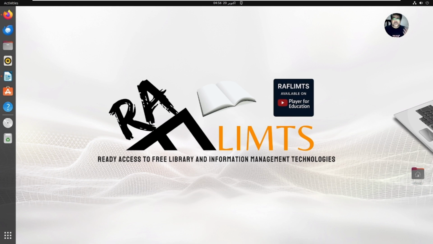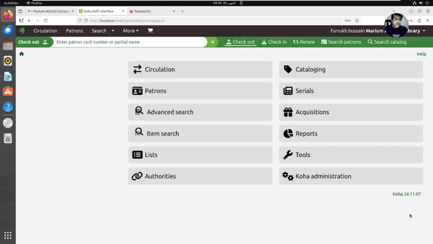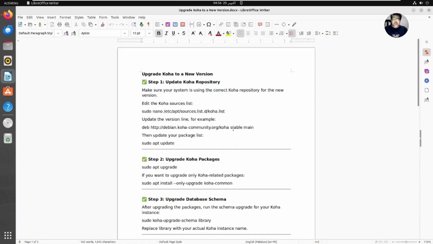After every 6 months Koha releases a new version, so we need to upgrade and we need to work accordingly. So it's good actually to upgrade. Okay, now let me show you. I am using Koha 24.11 and I want to upgrade this version to Koha 25.05. So here I have one guide, and what we will do first,